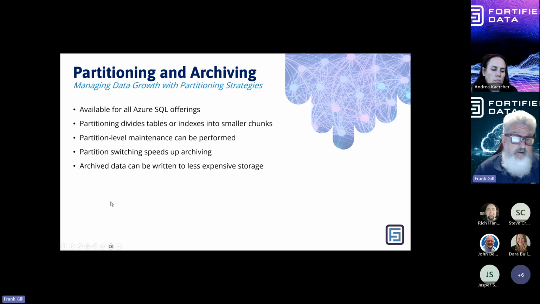Partitioning and archiving is something that's available for all the SQL offerings. Partitioning divides your tables and or indexes into smaller chunks. One of the things you can do here is run partition level maintenance, so things like backups, statistics updates, and index updates can all be run at the partition level. So if you have a table that's got 10 years of historical data and you're only writing to the first partition, the year zero partition, you can run all of your maintenance on that year zero partition because